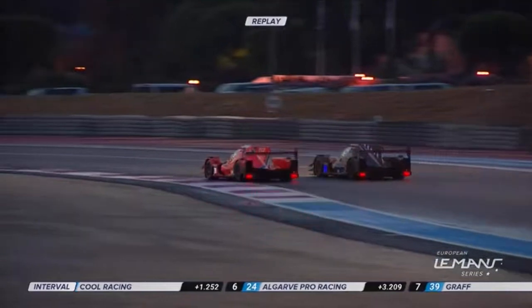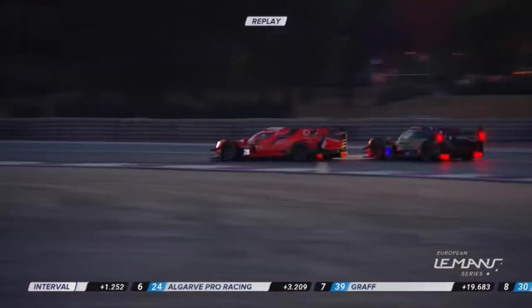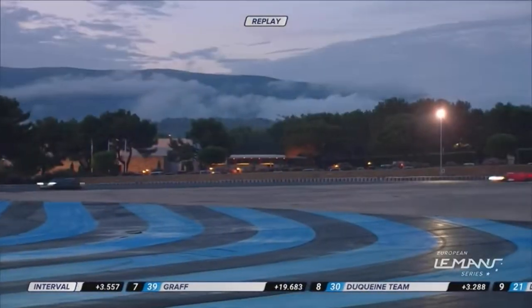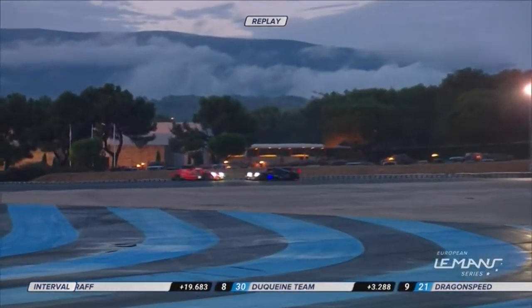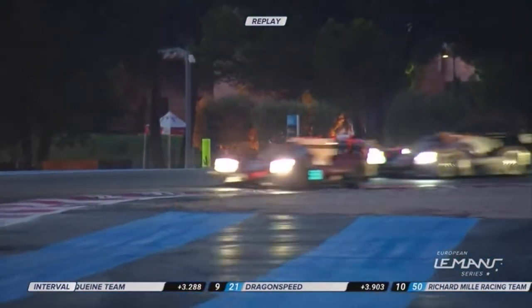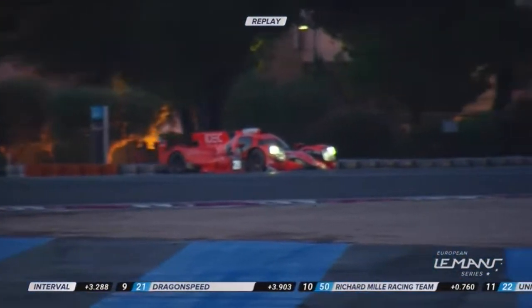So what happened there then? Paul-Luc Chatin diving up the inside to try and retain that position and then just lost grip. Did he catch the white line, the blend line maybe? That dictates whether you're going to go into the pits or not. There was no contact. No contact. Very nearly took Memo Rojas with him, who was hard on the anchors, but don't want to be too hard